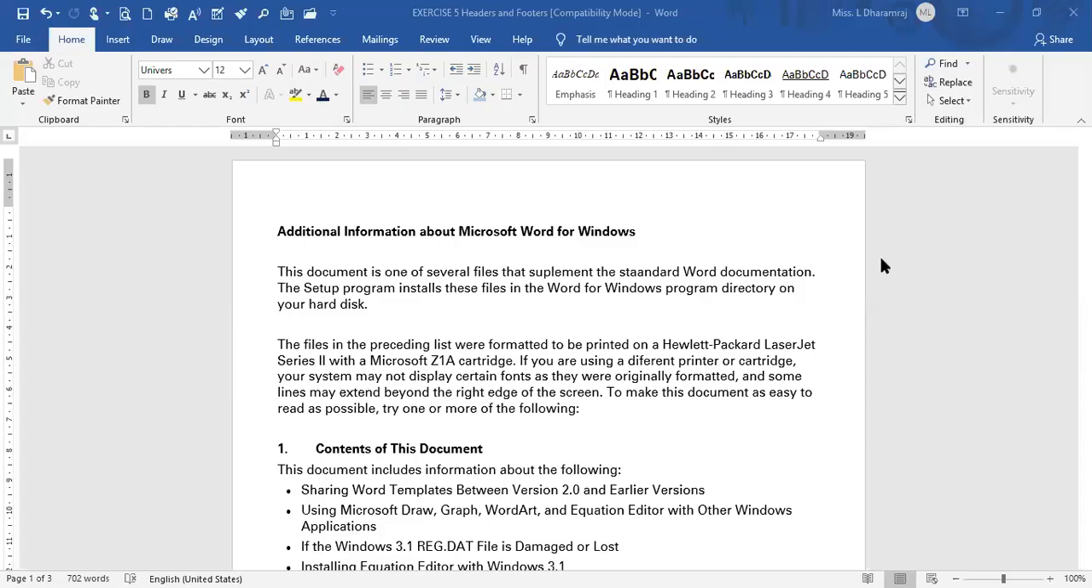Headers and footers. Headers and footers are the top and bottom sections of a document. They are separate sections from the main document and are often used to hold footnotes, page numbers, titles, and other information. In this activity,